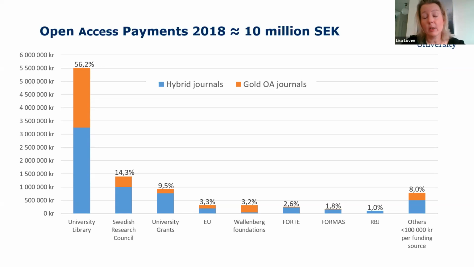This year it looks like we will cover about 75%, because we have quite a few additional agreements now. So every year we pay more and more from the library's budget, but we also have better control